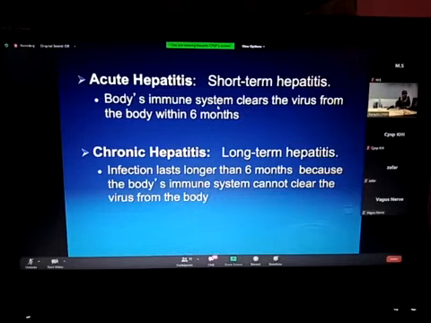And the time period is up to about 3 to 6 months. And by that time, when you do their markers, and we will talk about the markers later, you will find that they have completely cleared the virus and they have recovered. So that is called acute hepatitis. However, unfortunately, some patients may not be able to clear their virus within the 6 months time. That is when you are monitoring them on a sequential basis. And if you see that even after 6 months their B surface antigen is not going down and antibodies are not coming up, that is the time when you will label them as someone who is passing into chronic